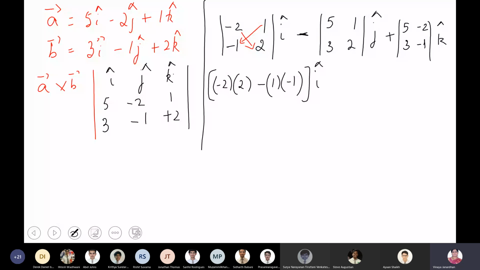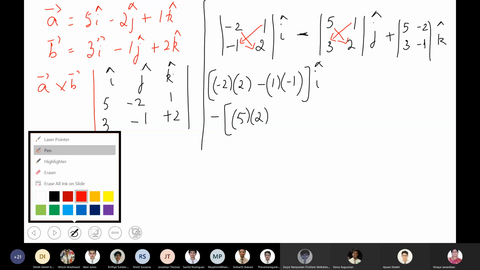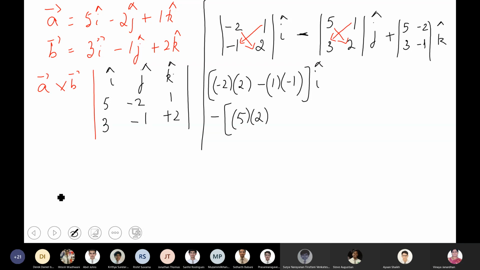Is I cap value correct? Then I have to go for j cap. So for j cap, it is minus of 5 into 2, then comes minus 1 into 3 j cap,